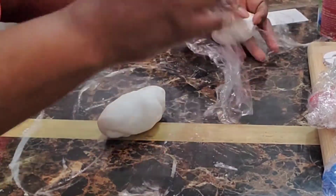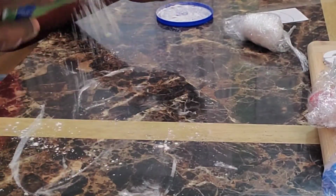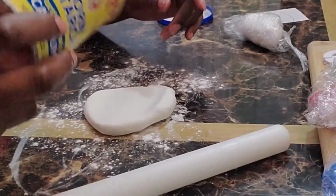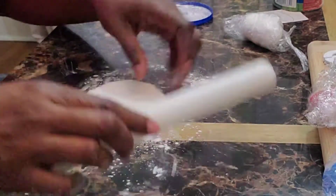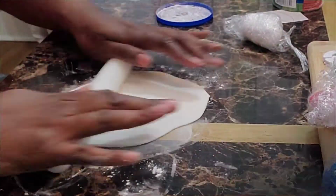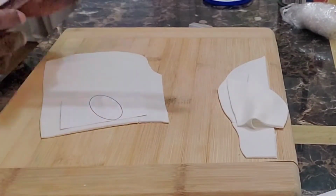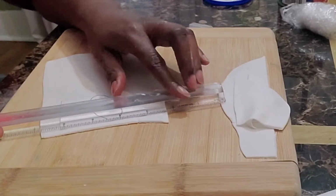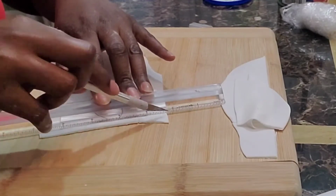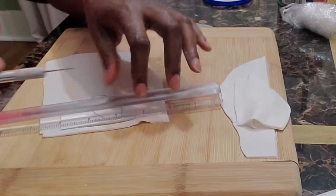So I really can't tell y'all how much Tylose powder I used. I just mainly used enough to make the fondant feel a little stiffer, but just not too hard. So I'm using a little cornstarch to roll out my fondant because it does stick just a little bit. And I made a little template of the Uno card, just the size. I think I made it probably like 3 inches. I can't remember, but I mainly wanted it to be